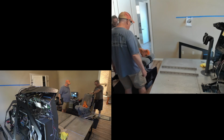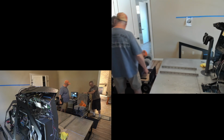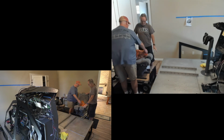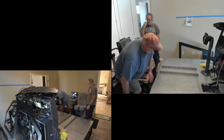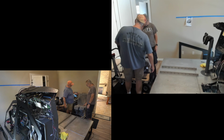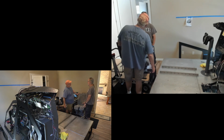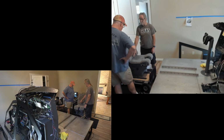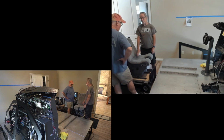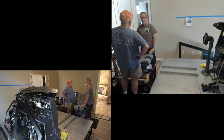So the only damage we had in shipment is this seat became a nest for mice. Oh, while it was in storage. Yeah, they turned this into their living room. Oh, that was their bathroom. It was a mess. The sheepskin. Yeah, it was really bad. They didn't chew it up. They just turned it into a little...